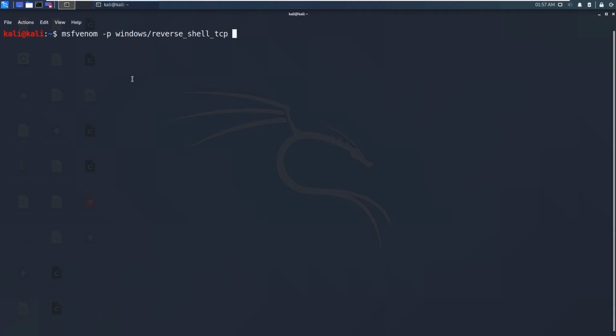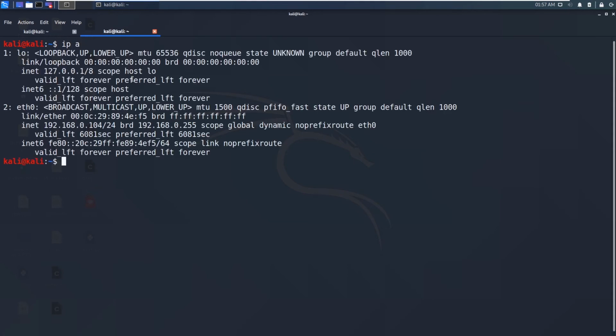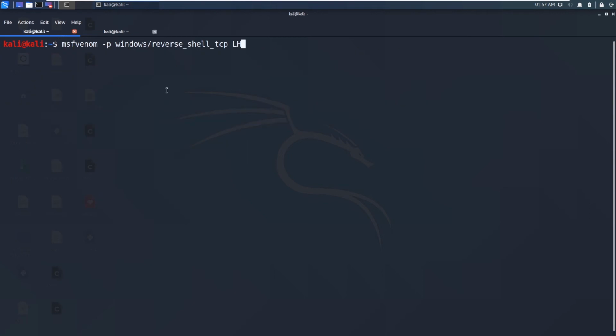Now we need to specify the LHOST and LPORT. And say LPORT is 4 and we need to specify the bad characters here.